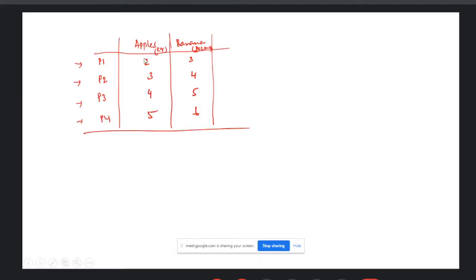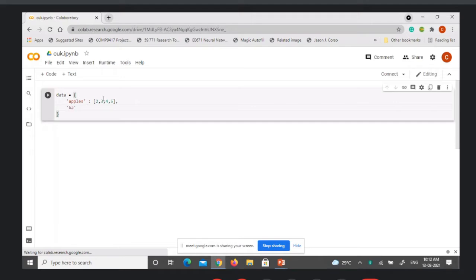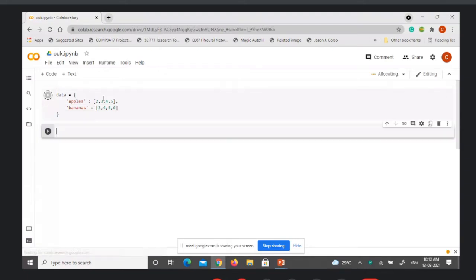For that I have the values 2, 3, 4 and 5, and then a comma. Then the next item is bananas, 3, 4, 5, 6. I'll create it like this and enter.